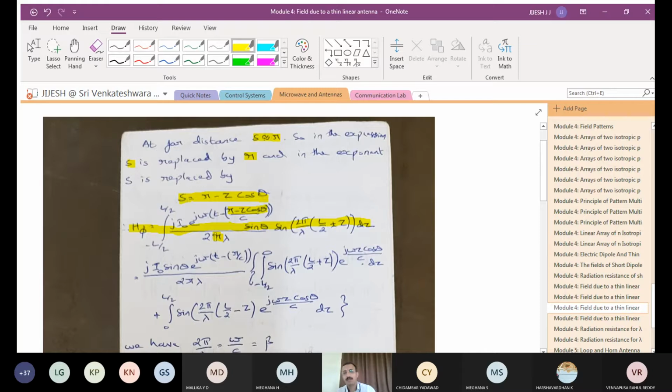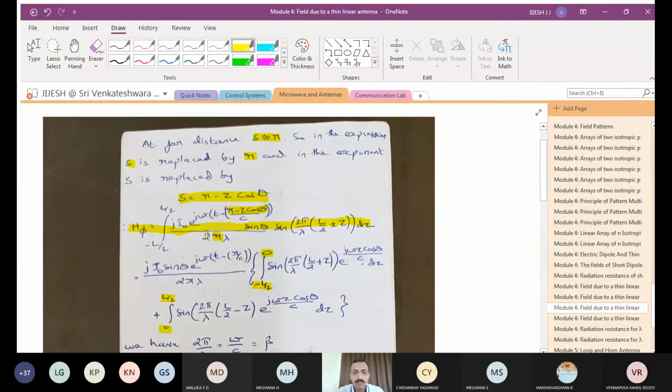So you know that you can complete this. You know that the limits of minus L by 2 to L by 2 can also be written as integration of minus L by 2 to 0 and 0 to L by 2. You can split the limits of minus L by 2 to L by 2 as minus L by 2 to 0 and 0 to L by 2. Here, one more difference is there that I will be explaining to you.